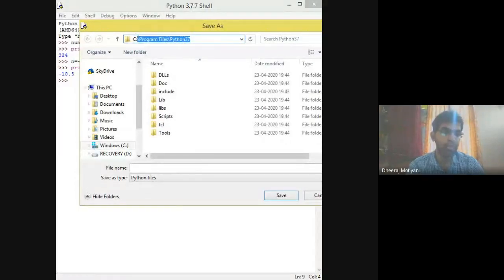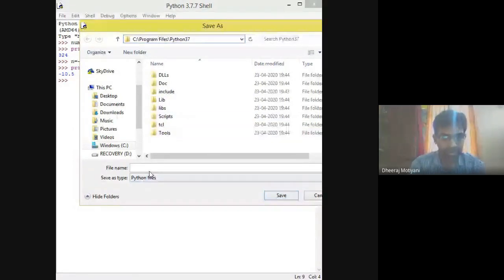I'll be telling you the executable file which I have downloaded, and I'll be showing you the installation process of that. In that you will be able to understand why this path is this path, and why it is not a bigger path or any other path.